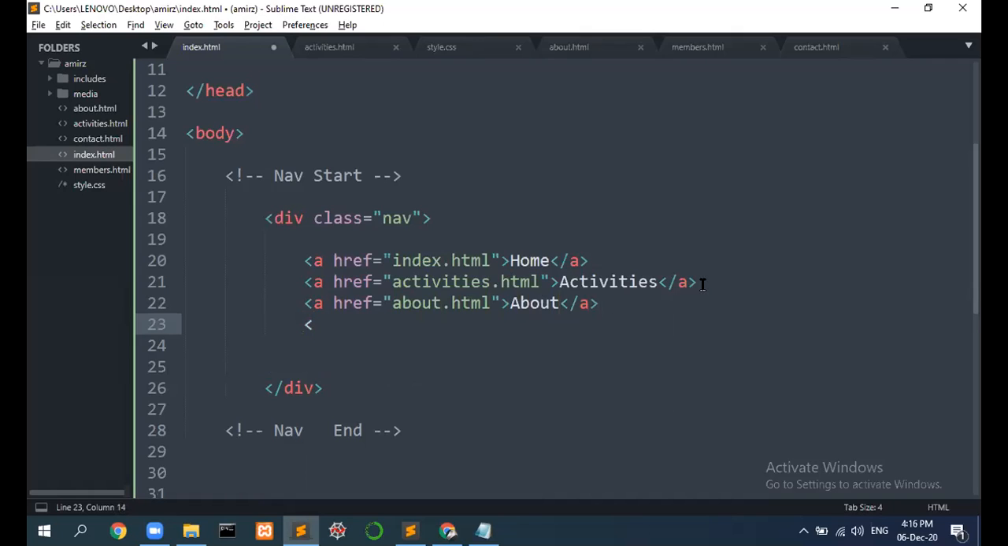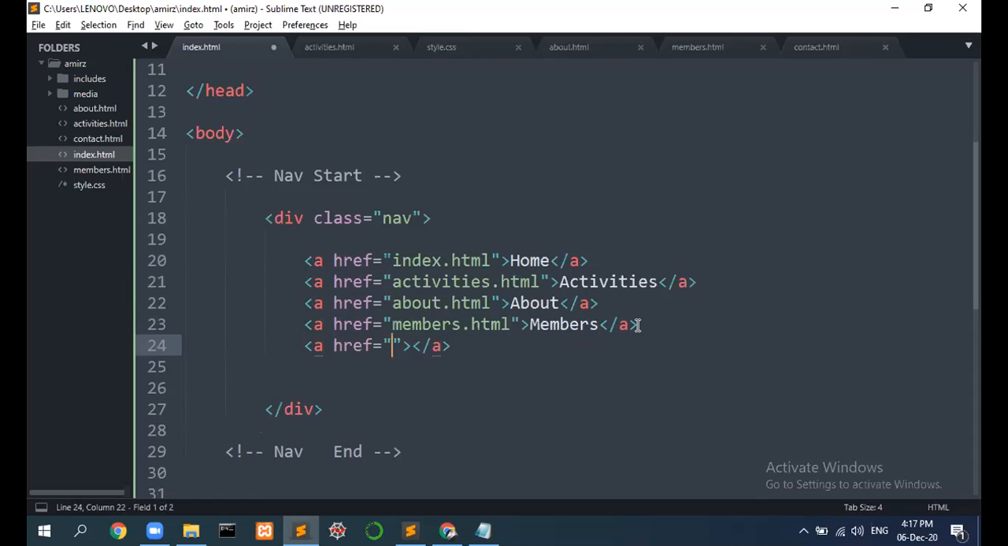Then I have my next pages as members.html and contact.html. Okay, so a tag I'll open, href equal to, okay, and then the name of my link, that is members. And you can keep the name as our members also, or something else as well, so that shouldn't be an issue. A href equal to contact.html. Okay, so once y'all are done with this much,